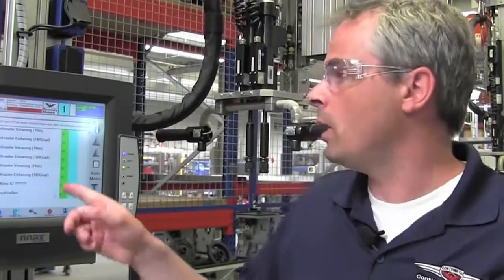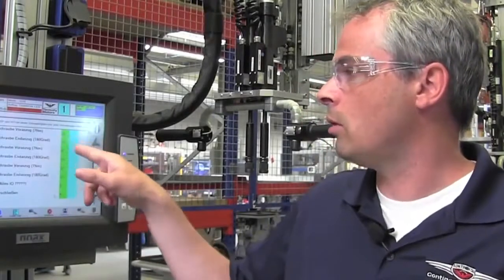The main cross-check is done by the assembly stations itself. So whenever there is a torque or torquing angle required, the mechanic has to wait until he gets a green light. So we have the red-green system, and many of the assembly steps are semi-automatic and automatically cross-checked during this